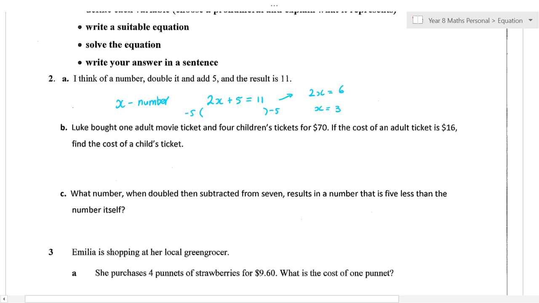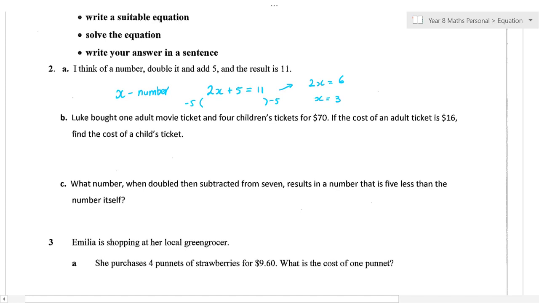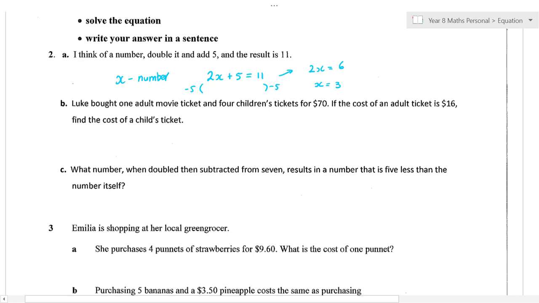Luke bought 1 adult movie ticket and 4 children's tickets. If the cost of an adult ticket is $16, find the cost of a children's ticket. So what we're going to do is we're going to let A,